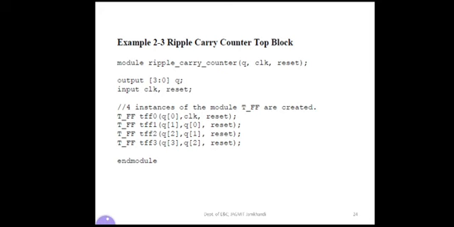To verify the concepts we have discussed, let us complete this by simulating a design block, that is, the ripple carry counter. How this design block is written, that is the programming part, we will discuss in the later chapters, second module and third module. But here we concentrate only on stimulus: how the design block is available and how the stimulus block is available.